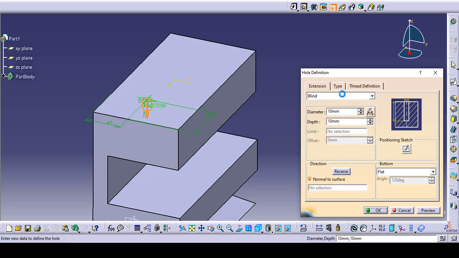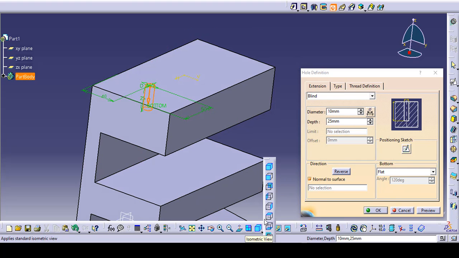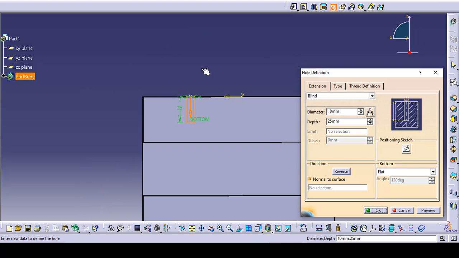The first one is extension. Under the extension, we have options like blind, up to next, up to last, up to plane, up to surface. All these options are the same as in the pad command and pocket command. So in blind, we need to define the diameter and the depth. Like diameter is 10 mm, okay, it's fine. Diameter is undefined. If I preview, let me change this. If I get a front view, I will get a better picture. Now,